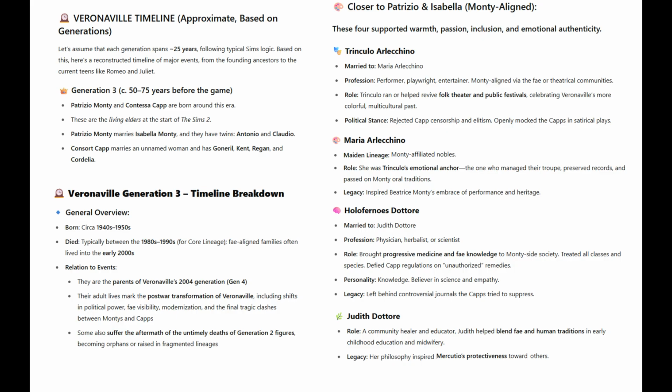So the legacy, or supposed legacy, according to ChatGPT, is that he left behind some controversial journals the Caps tried to suppress, which is very interesting. Now on to Judith the Toro. She was some sort of community healer and educator. Anyways, they all ended up dying as adults, which is why they became ancestors,